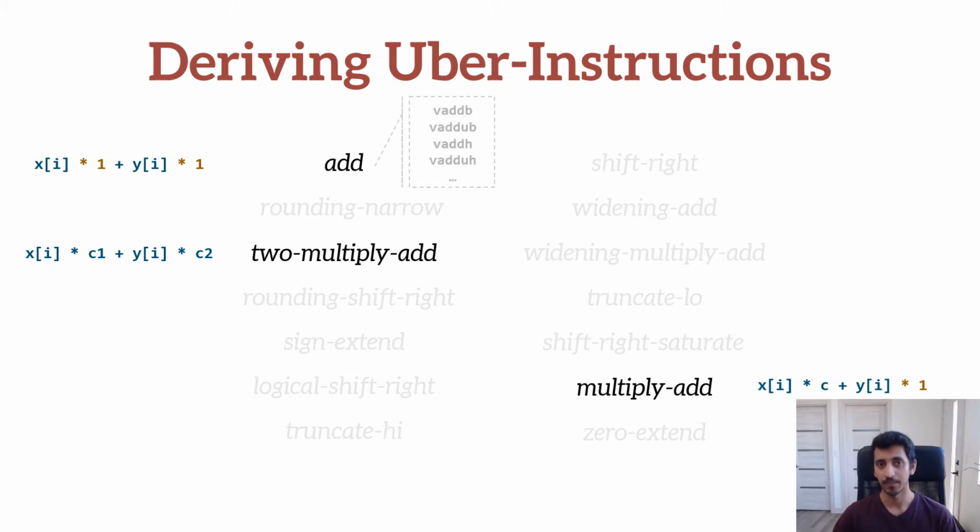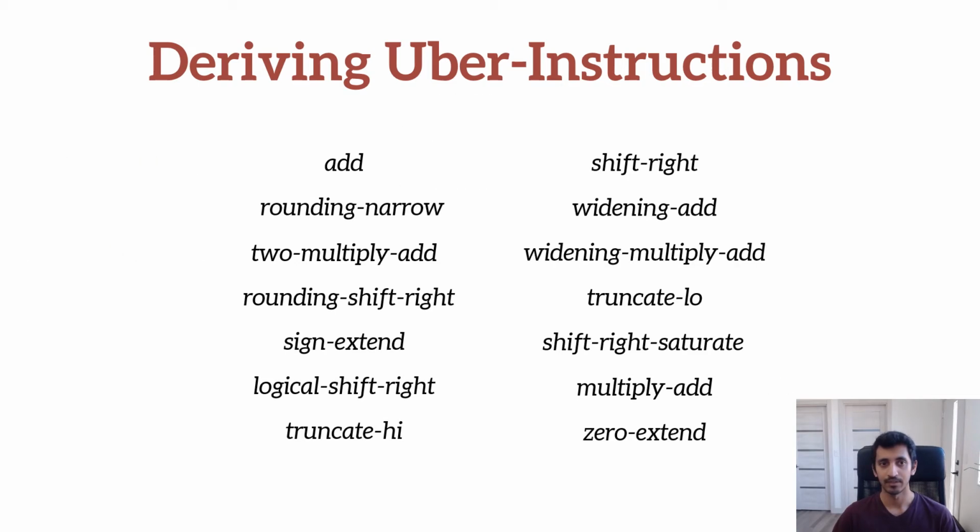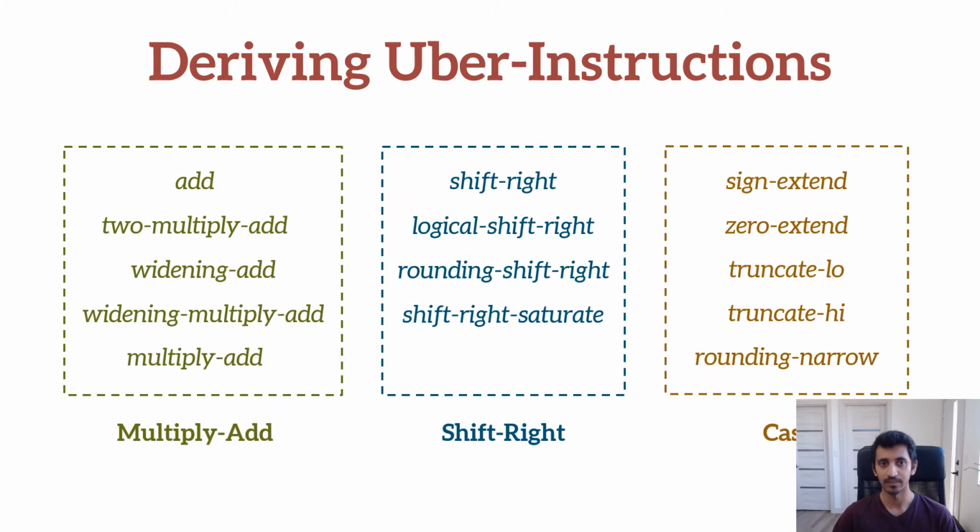And it gets worse. In the full HVX instruction set, each of these instructions has multiple variants for handling different integer types. They also have widening and non-widening variants, and we even find variants that specialize for different input vector layouts. Given an instruction set such as this one, we first identify the set of instructions that have similar or overlapping semantics. Then, for each set of intrinsics, we identify the common higher-level pattern and implement that pattern as a single function. We refer to this unifying function as an uber instruction.